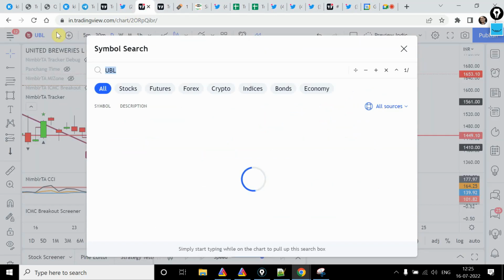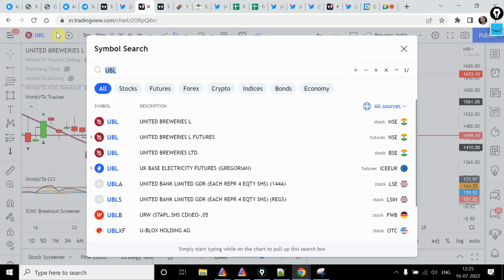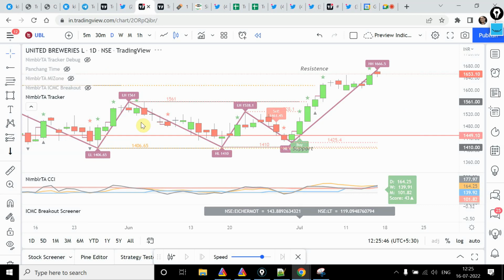Let's see some other stock. Maybe, can you tell me, suggest some stock? PNC, Infra, so maybe. So the question which I had was,